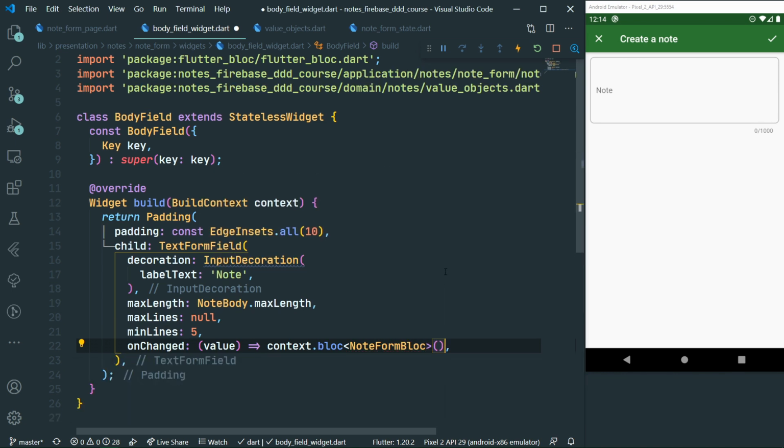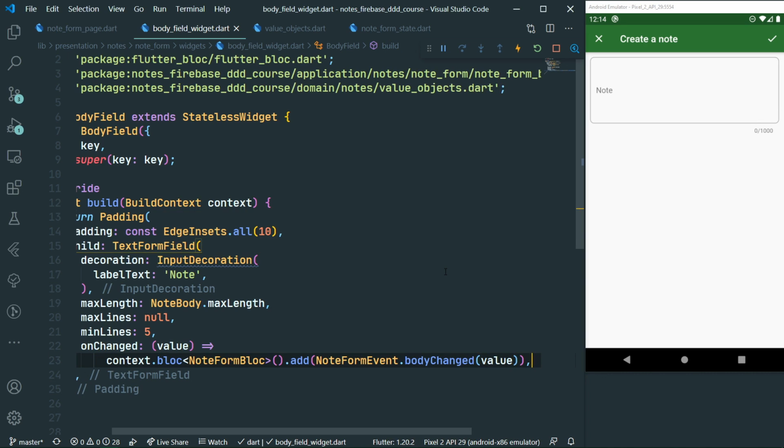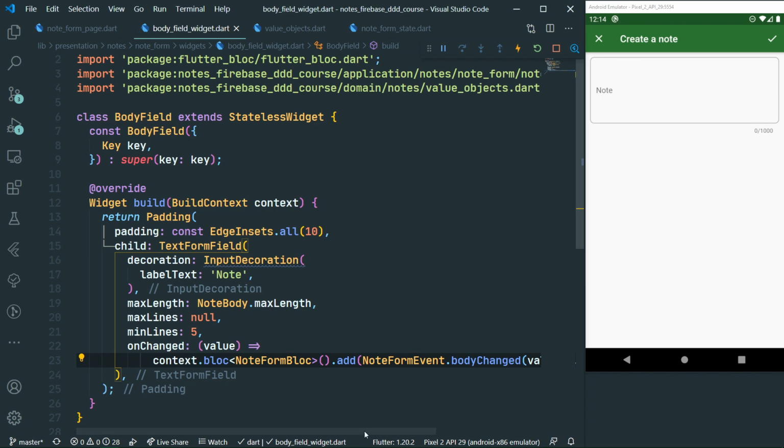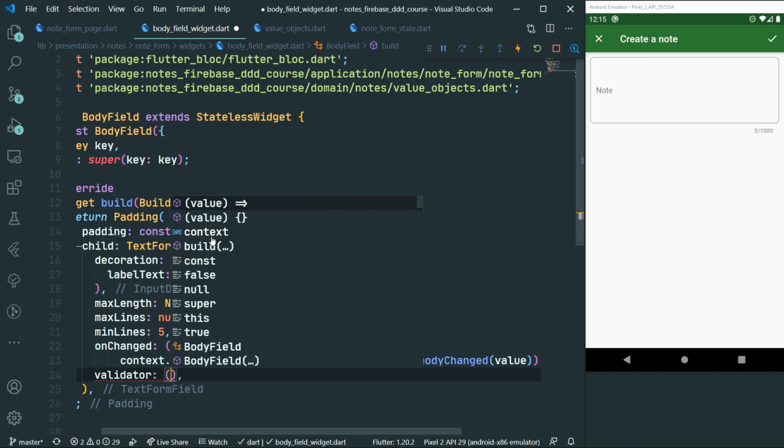Let's import NoteForm block, and then we're just going to say add, and the event name is NoteFormEvent.bodyChanged, and the new value of the body is of course value. And this will trigger all of the different changes of the states which we have just implemented in the previous parts of this series. And lastly, we need to implement the validator method on this field, which